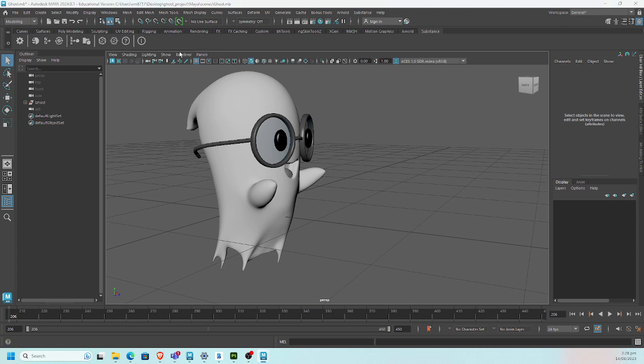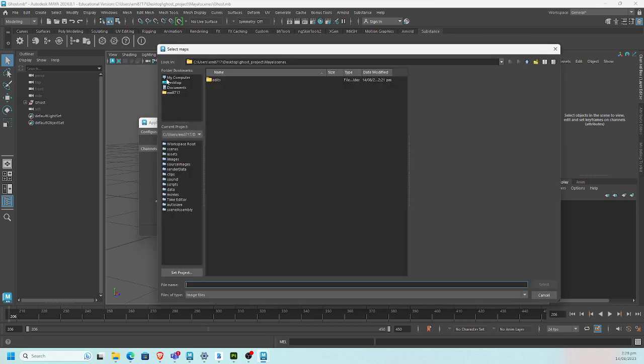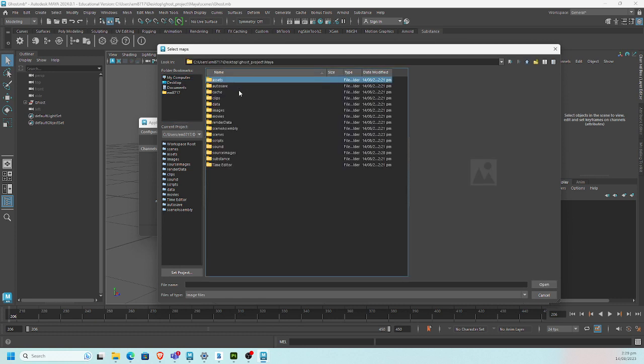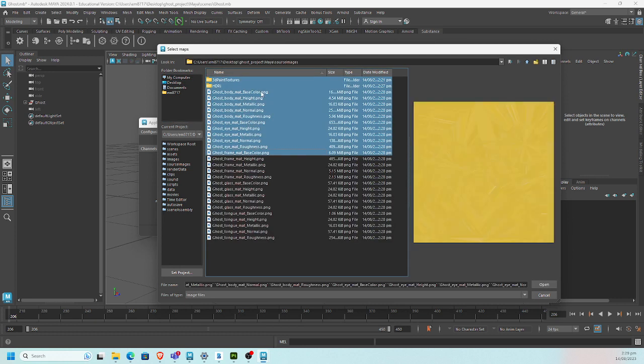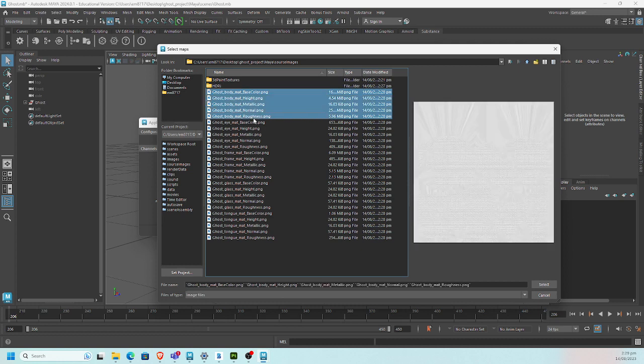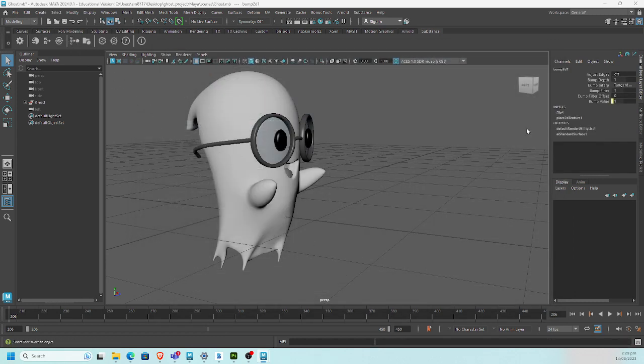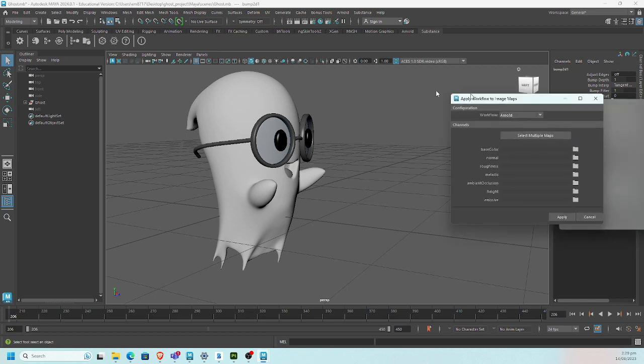If you click on that, it gives you this window. If you click on select multiple maps, then you go to the project folder, and you got your body textures, hold shift, select all the body,